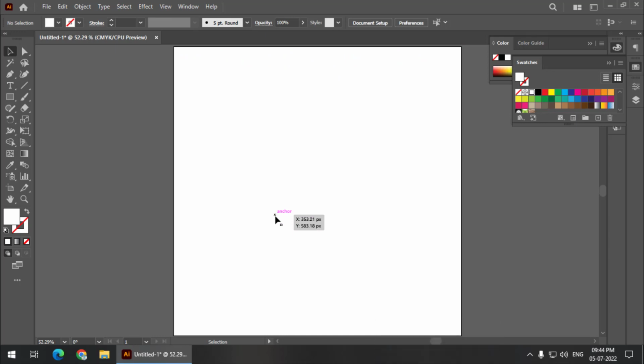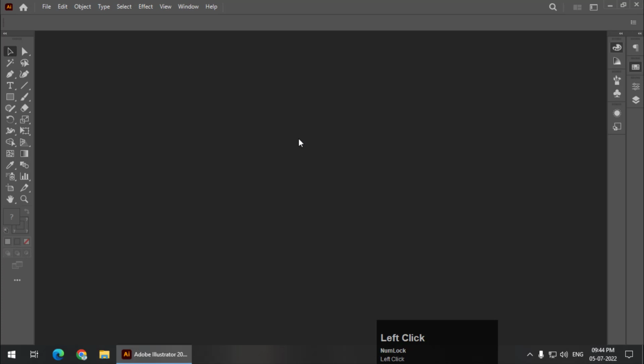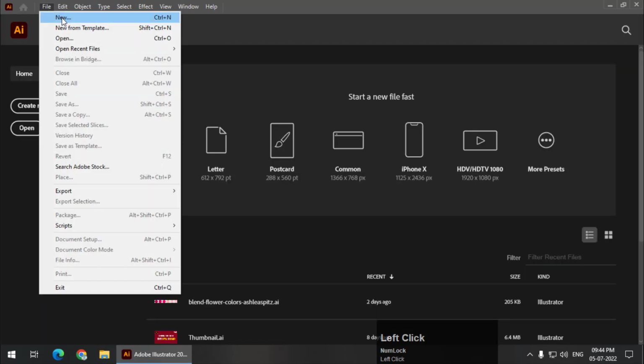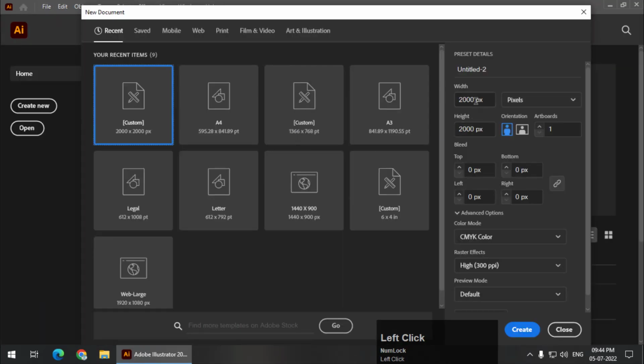Before that we need to create a document, and I will once again create that. Go to new, and for this particular example I am creating a document of, let's say, 1000 pixels by 1000 pixels. It doesn't really matter actually.